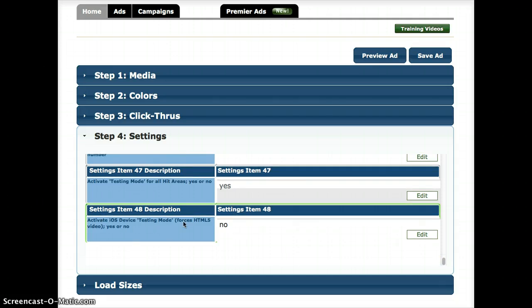This is not something you're normally going to use, but if you wanted to force the ad to show up like it's going to show up on an iPad or an iPhone, you could do that. But more often than not, you're going to leave this to no, and the best way to test it on those devices is simply to create the ad, send yourself the link, and open it up from either an iPhone or iPad or any other device. So that's our